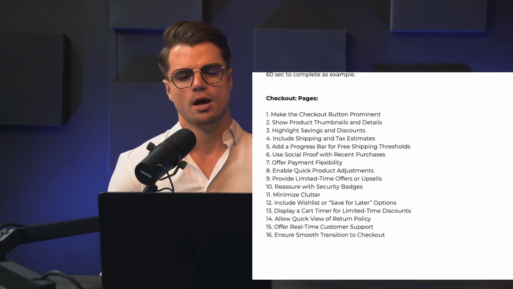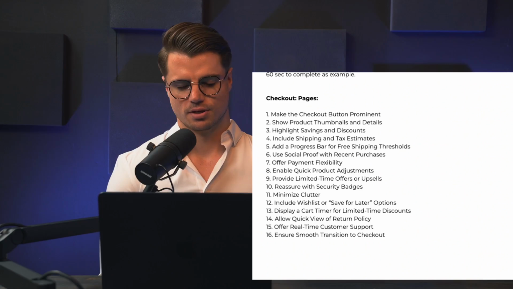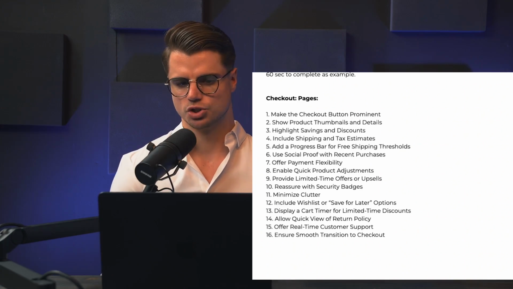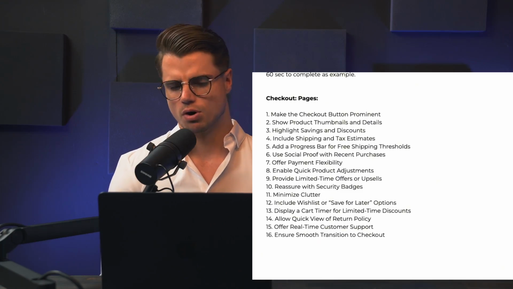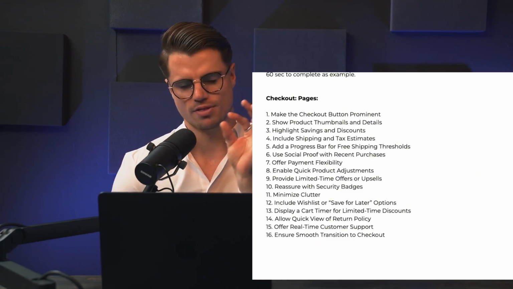So checkout pages. Make the checkout button prominent. It's just a few things. I'm just going to go quickly through them. Show a product thumbnail and details, highlight savings and discounts, include shipping, taxes, estimates. I mean, adding a progress bar, free shipping, that kind of stuff, where they can, it's like, I call it